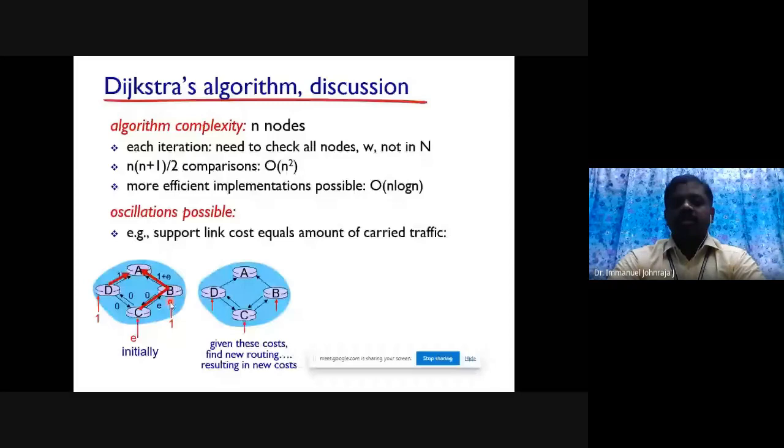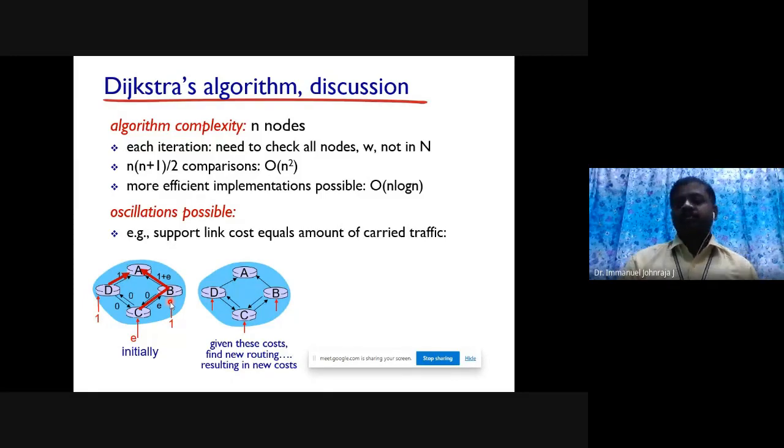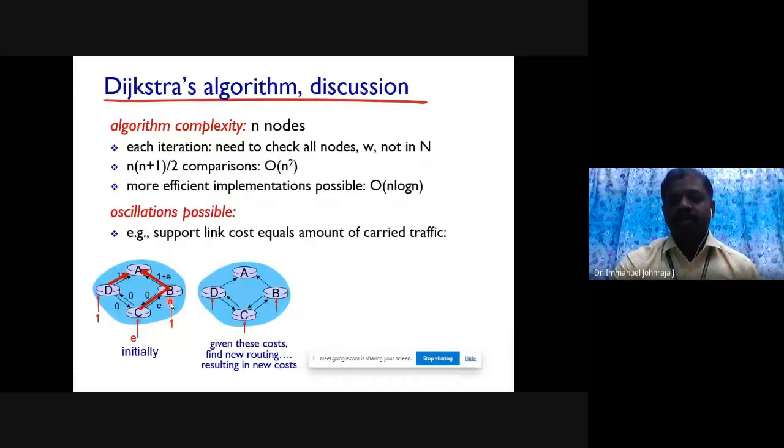And also the complexity of the algorithm: it has to compare with every other node, hence the number of comparisons becomes n into n plus 1 by 2, which gives a big O of n square, which is not a recommended one. And I have made a request to you earlier. I hope you would have done it, that you will find the most efficient implementation of it. Probably a better performing algorithm which takes only big O of n log n, which is somewhat better than big O of n square. It may be in your rough notebook or in the class notes. I hope and believe that you would have done it.